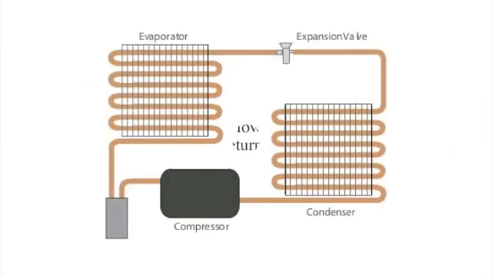A closer view shows how the refrigerant enters the evaporator, a series of vent tubes that act as a heat exchanger. It often has fins and even a fan. The liquid refrigerant transforms to a mixture of gas and liquid and finally all gas by the time it leaves the evaporator. The vapor enters the compressor, where a series of pistons compress it to high pressure.